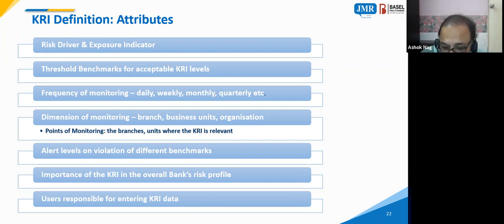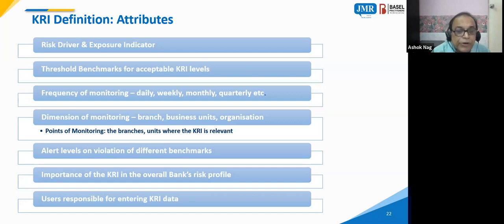And one of the most important things about KRI is that the actual level of the KRI is not important for an operations manager. What is the number? This risk driver by exposure indicator, the ratio. The level of the ratio as of today is less important than how the trend has moved. Is it increasing or not? Is it staying at the same level or not? An increasing trend in a KRI is a serious issue, and that requires the attention of the operational risk management department and the various levels of hierarchy.